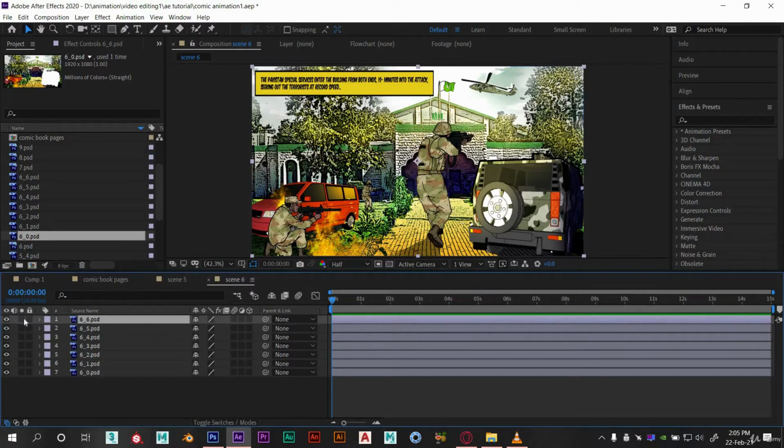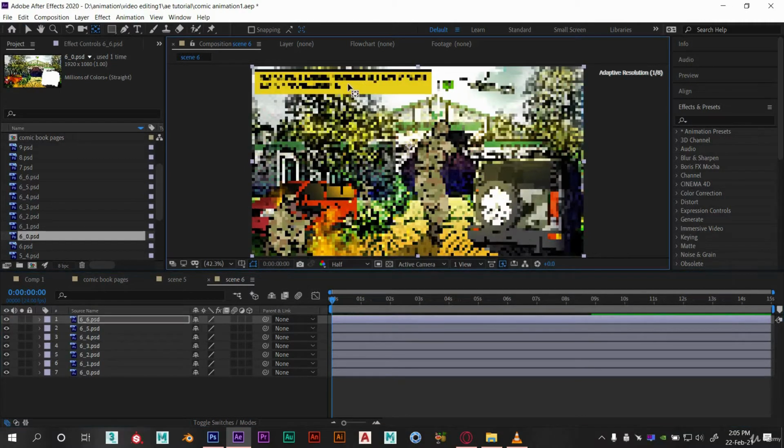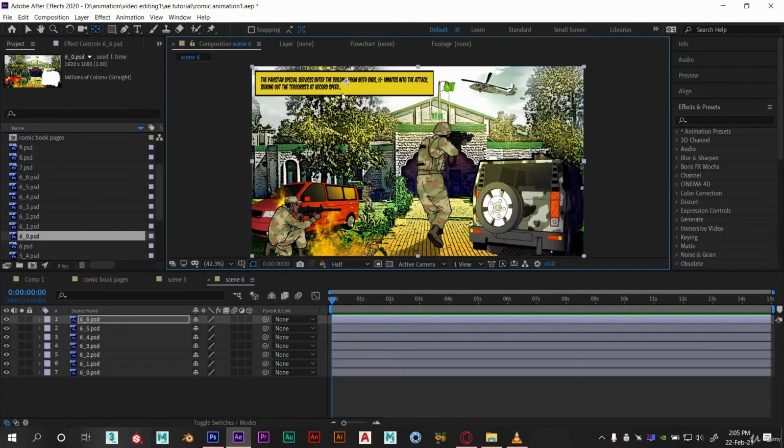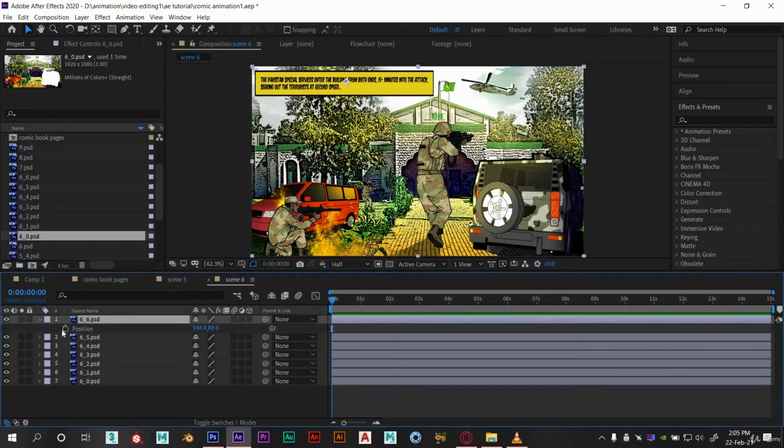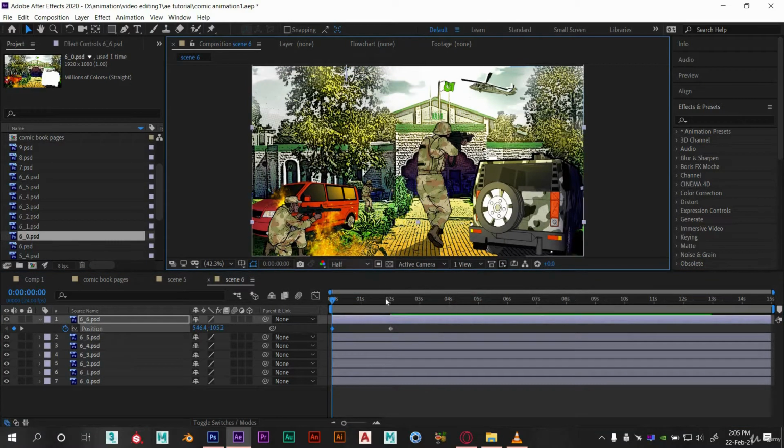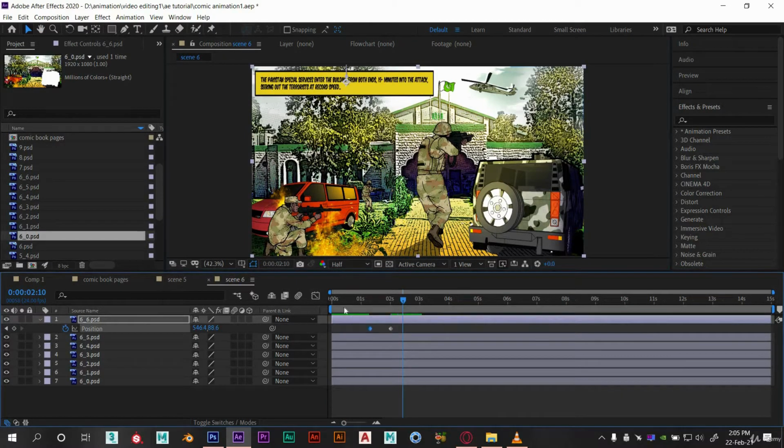Let's start by giving animation to this text layer. Let's give it position animation. Just set the keys according to your need. This is going slow. Use the keys to make it a bit fast.